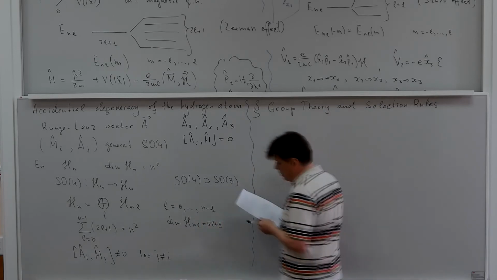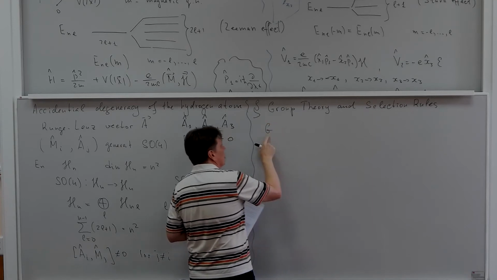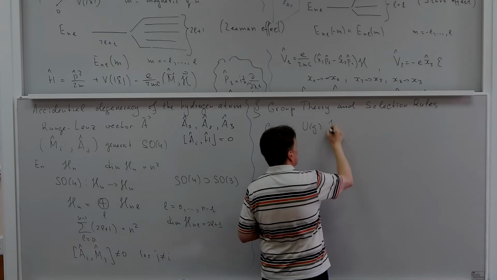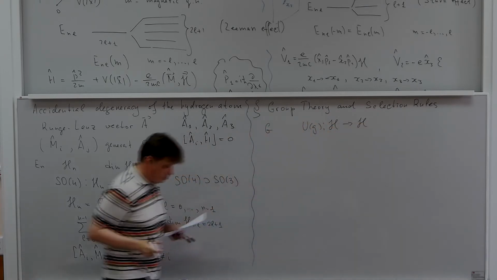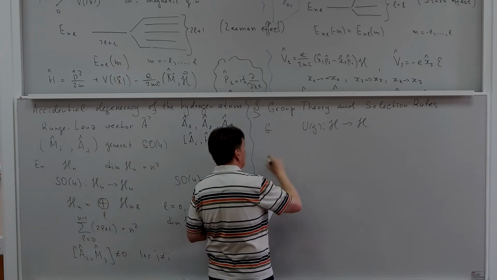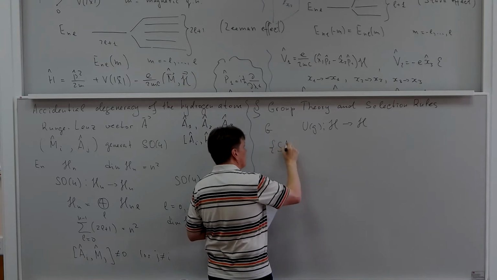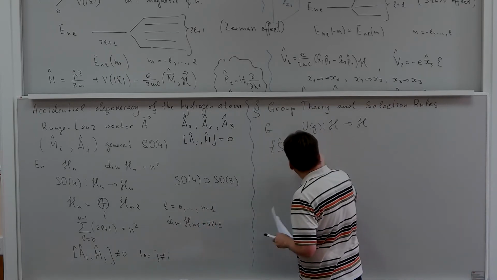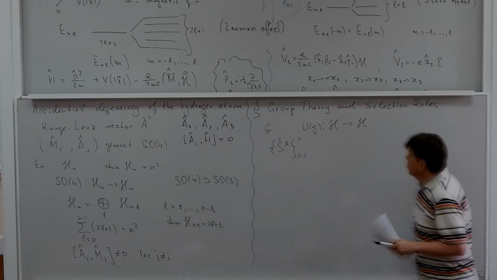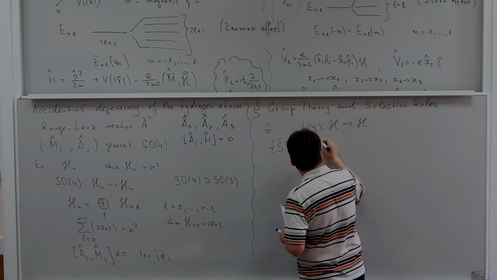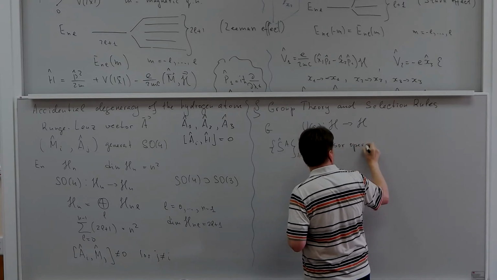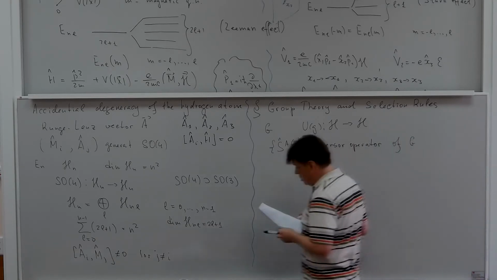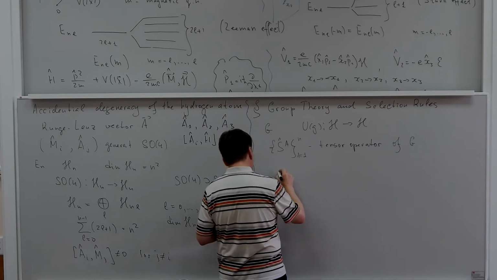So we have given some group G that acts by unitary operators U in some Hilbert space H of some quantum mechanical system, and then we say that a set of operators acting in the same Hilbert space, let's consider finite sets, form a tensor operator of the group G if they satisfy the following relations: U dagger